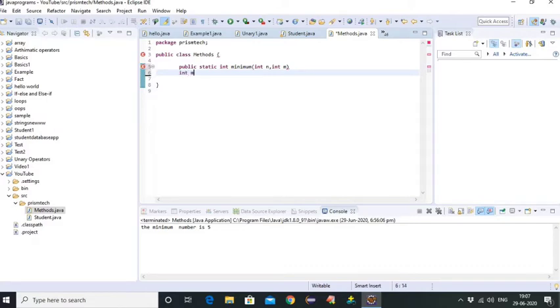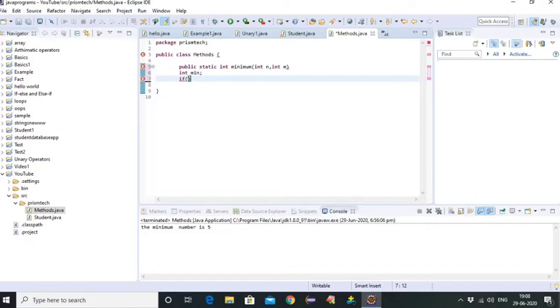Now there is one variable called min, so we have to find the minimum value, and I am writing one condition. If you know, if means we are writing one condition here in the if condition. If the condition is false, we are going to else, like that.